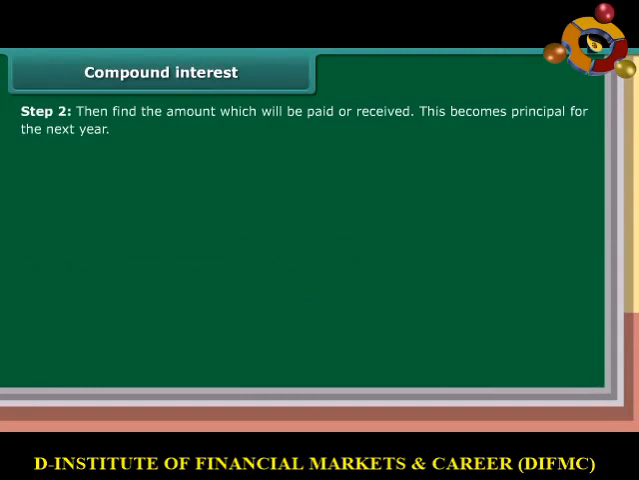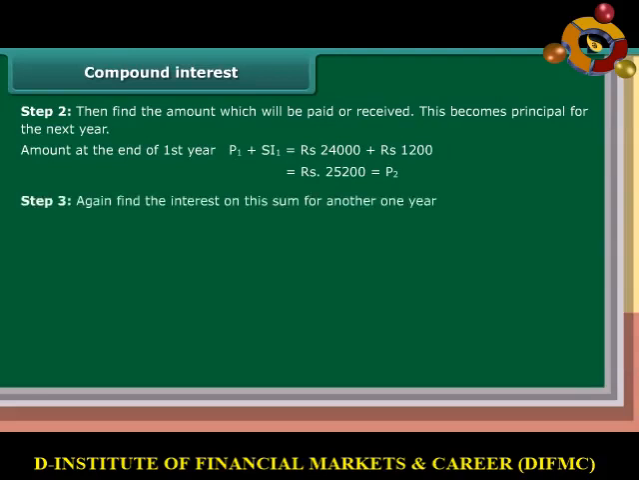Step 2. Then find the amount which will be paid or received. This becomes principal for the next year. Amount at the end of first year is equal to P1 plus SI1 is equal to rupees 24,000 plus rupees 1200 is equal to rupees 25,200 is equal to P2. Step 3. Again find the interest on this sum for another 1 year. SI2 is equal to SI at 5% per annum for second year is equal to rupees 25,200 into 5 upon 100 is equal to rupees